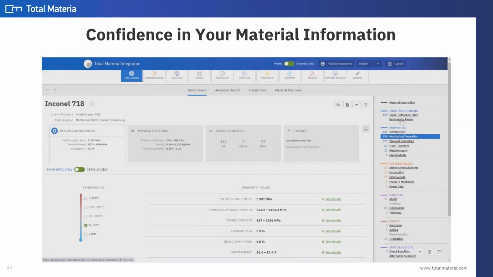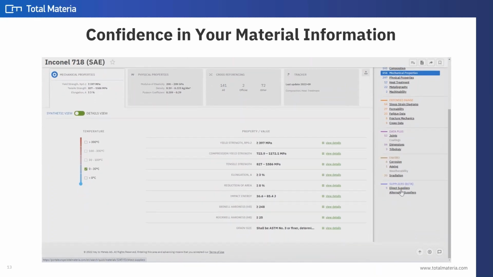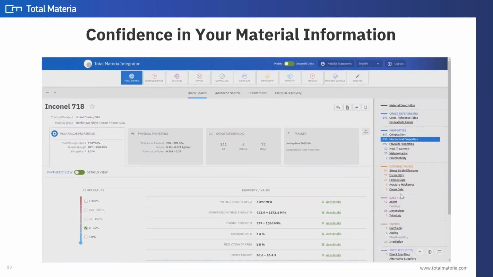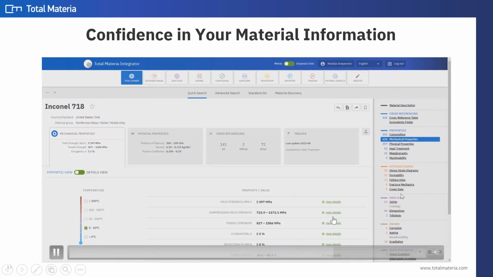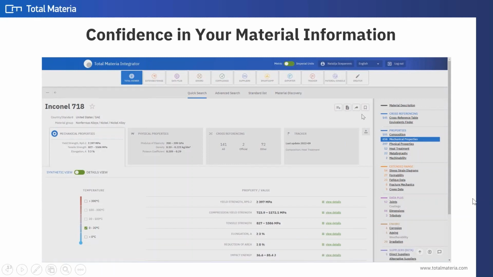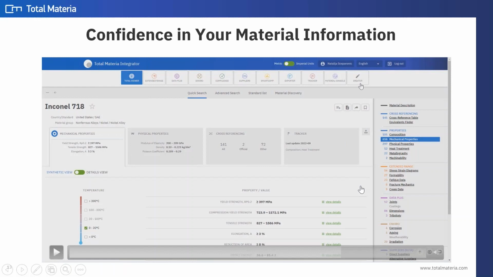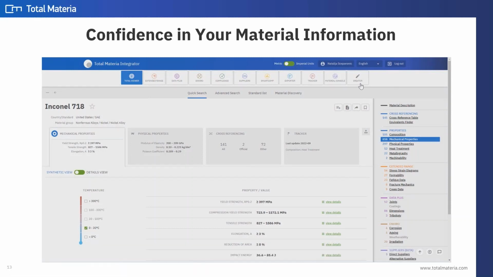Now you could compare here. We have over 600 mechanical properties. You can even find suppliers information. So that's really the biggest difference with Integrator and with Total Materia Horizon is that in Integrator, you could quickly go in and out and find all the information that's suitable for your company, suitable for your specification that you're working on. But Total Materia gives you that extra edge where you could populate your system and